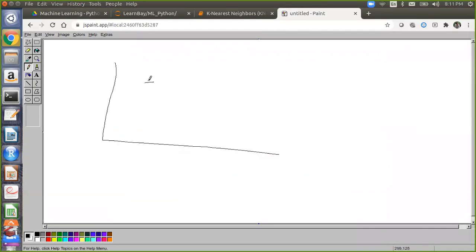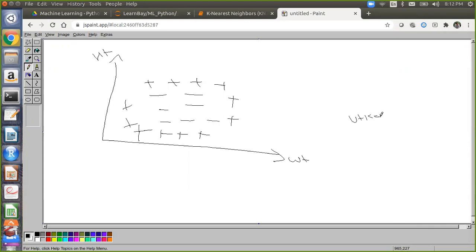For example, suppose this is my data set. Suppose this is a feature called height and this is a feature called weight. Now suppose a new record came, suppose Utkarsh came as a new customer.